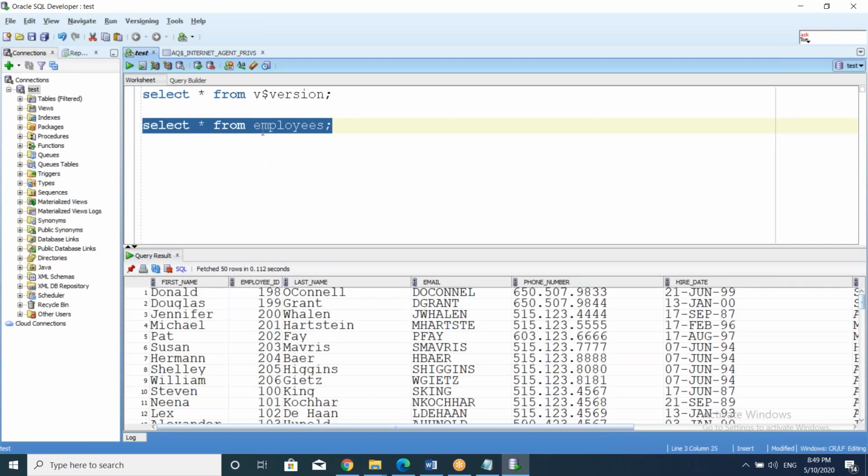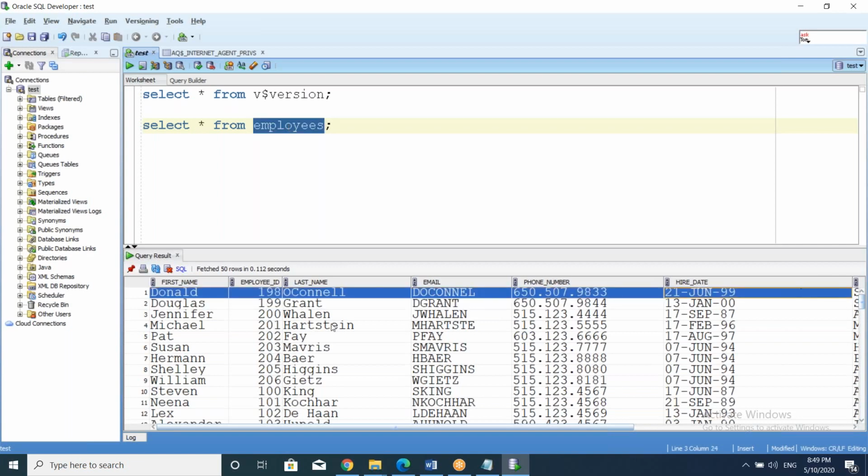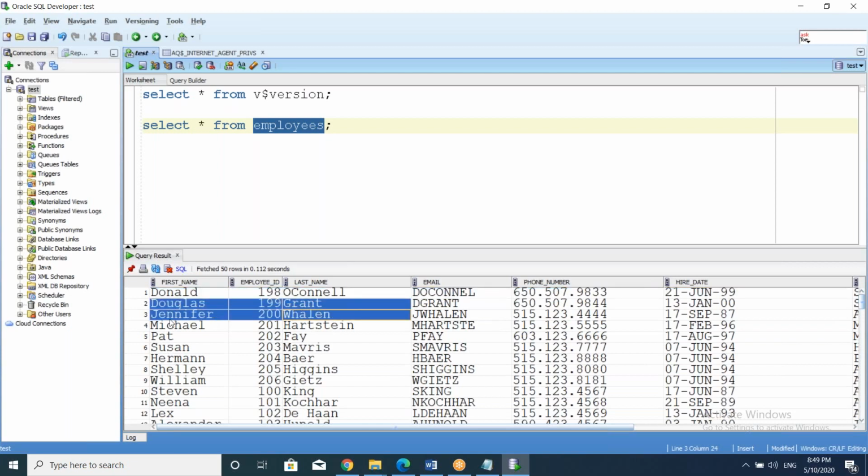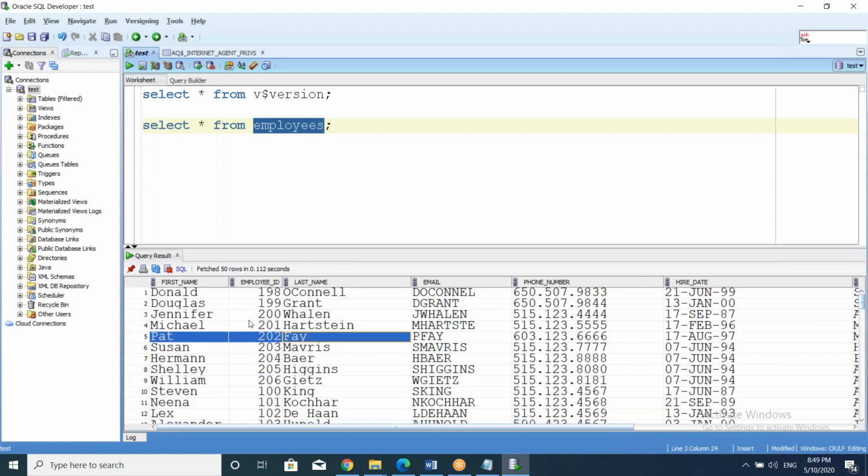Okay, so here this employees is a table. Just like one Excel sheet, which has a name and in it so many columns and rows, this is one table. In this employees table, so many rows and columns are there. These are the first row, second row, third row, fourth row, fifth row, like that so many rows. How will you come to know how many rows are there? Just right click, count rows, total 107 are there.